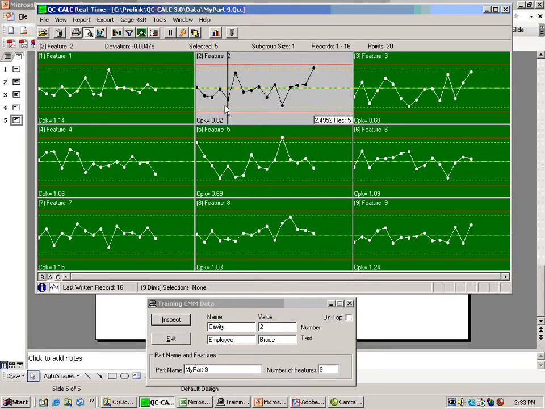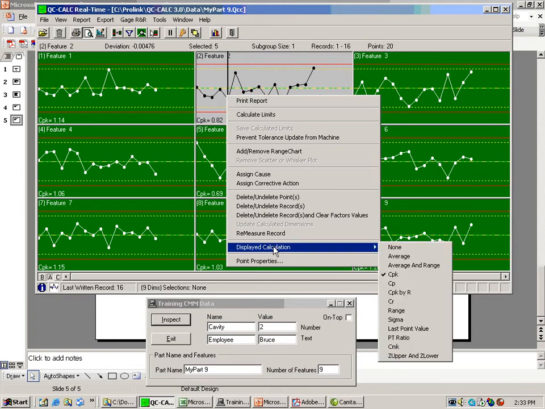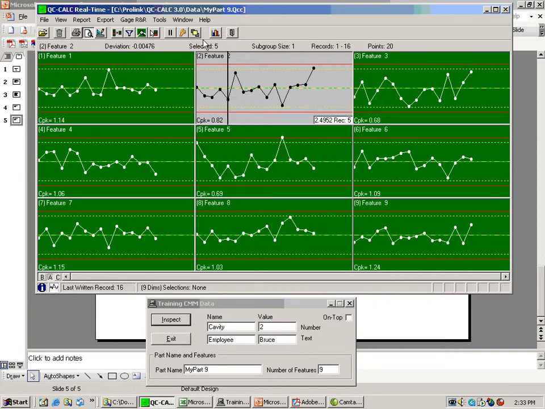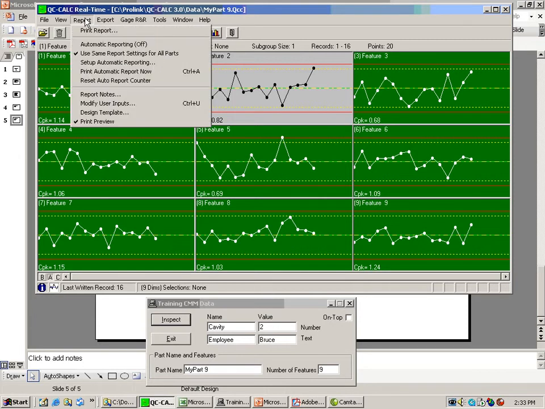That is changeable. If you just right click, you can display various calculations down here, but I'll leave it at CPK for now. The next thing I want to show you is printing this data. It's as simple as report